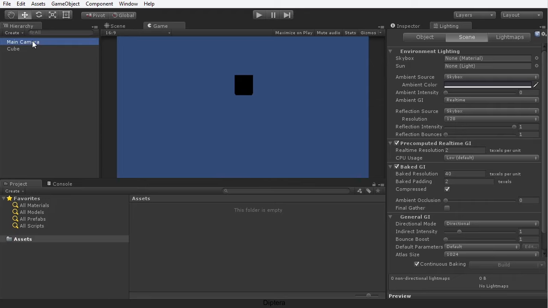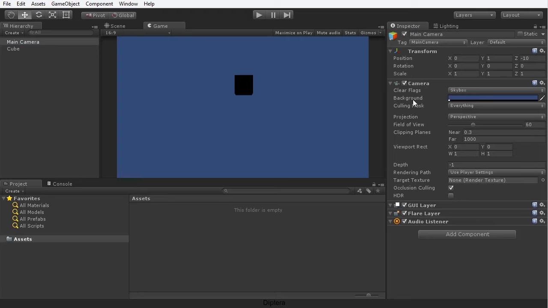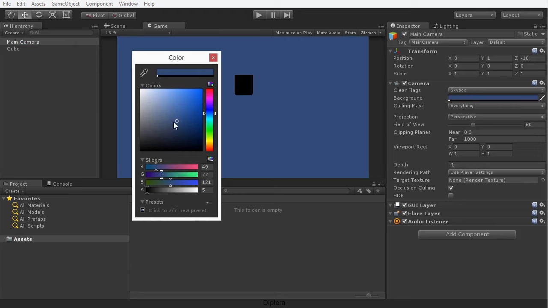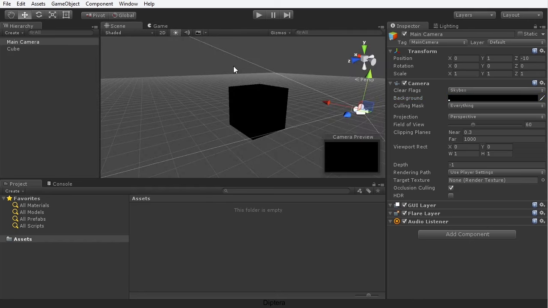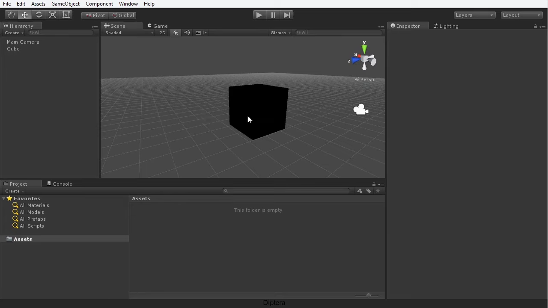I could select the camera and change its background here in the object inspector. Under the background property, I could change that from blue and change it to black, for example. And now we have a totally dark scene. I'm going to switch back to the scene tab. This effectively is the kind of scene we would have in previous versions of Unity where no lighting was added